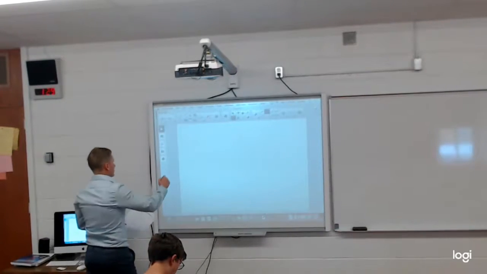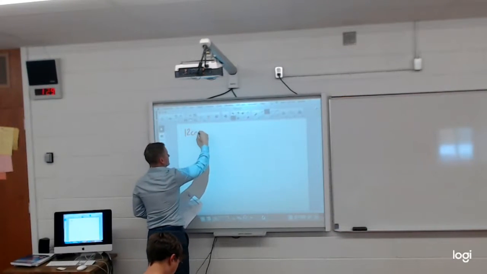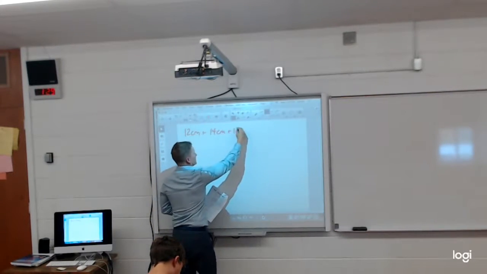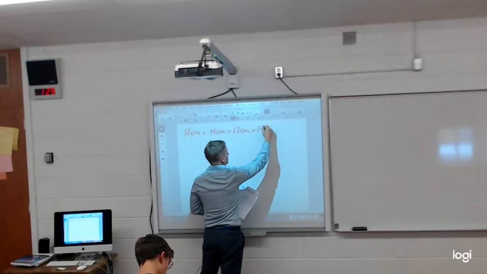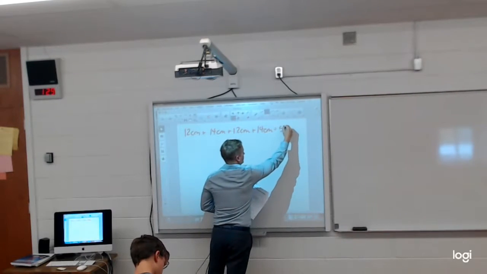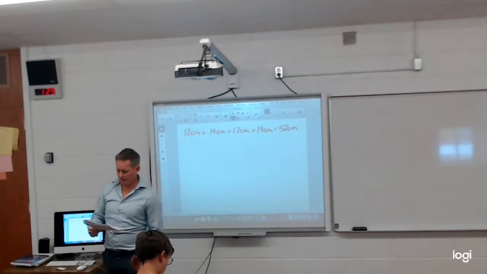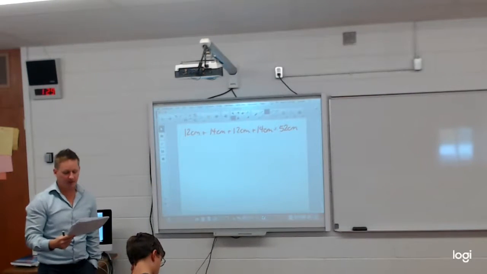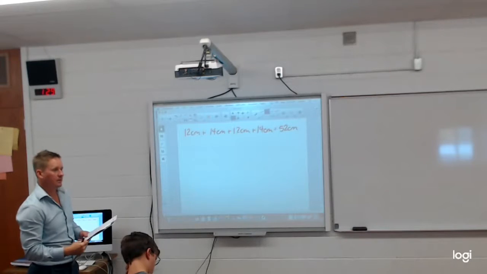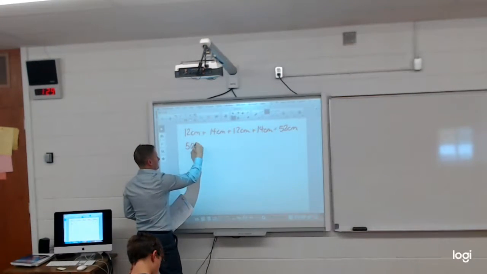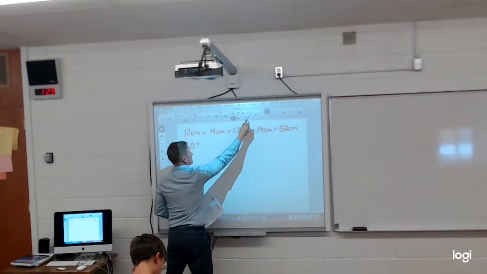So we have 12 centimeters plus 14 centimeters plus 12 centimeters plus 14 centimeters is equal to 52 centimeters. Now, each centimeter represents 50 meters on this map. So for every 1 centimeter, it equals, so I'm going to go, oops,